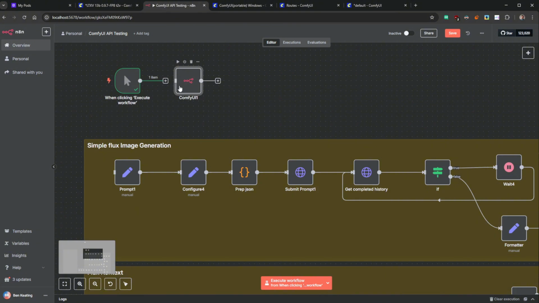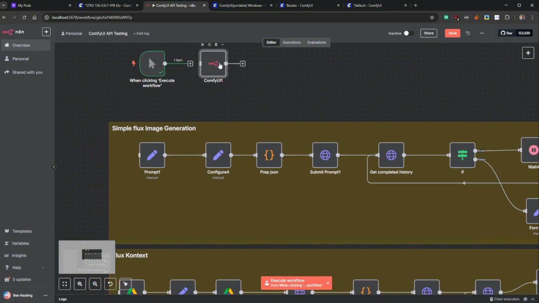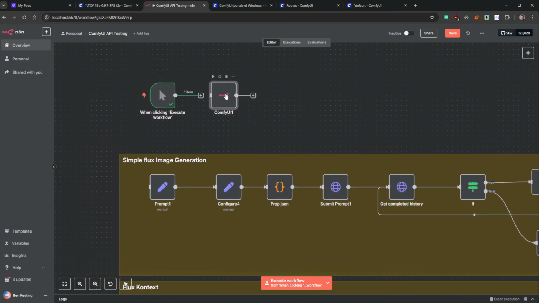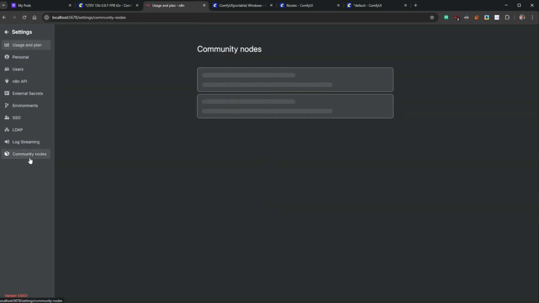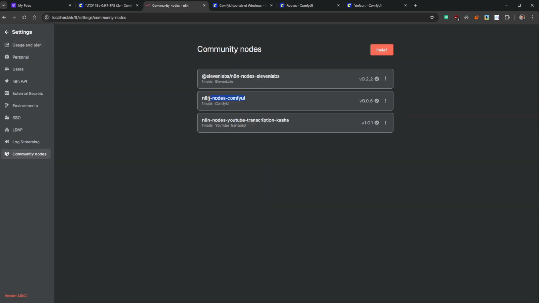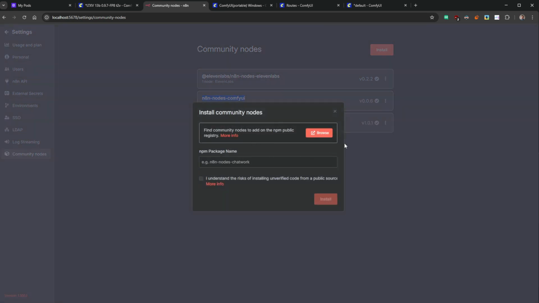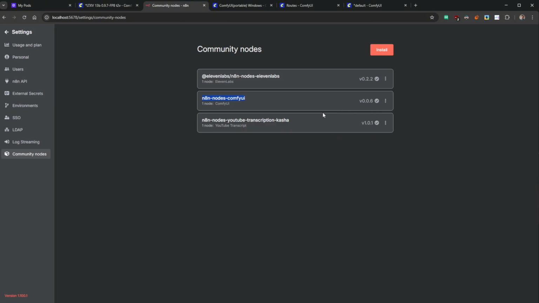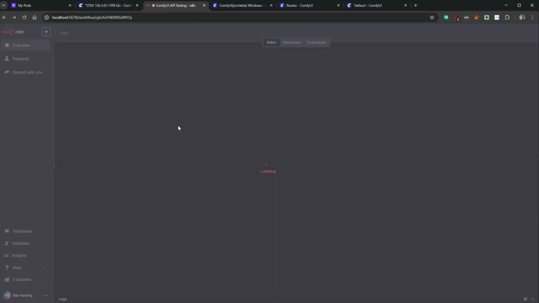Now I'm going to, just for this example, use this community node, and I'll put a link to where you can get this. It's pretty easy to install. You'll come over to your settings here, community nodes, and you can see I have it installed there. You can pretty much just put that in. If you click install, put that in. Now if you're on the cloud version, I don't think you'll be able to do this if you're on the N8N cloud version, but either way, this is something you're probably not really going to use anyway. I just wanted to kind of show this working. So if I just go back here,